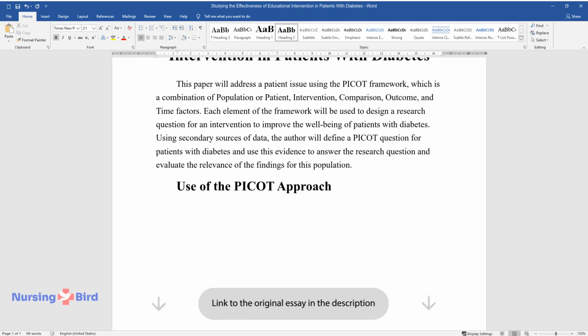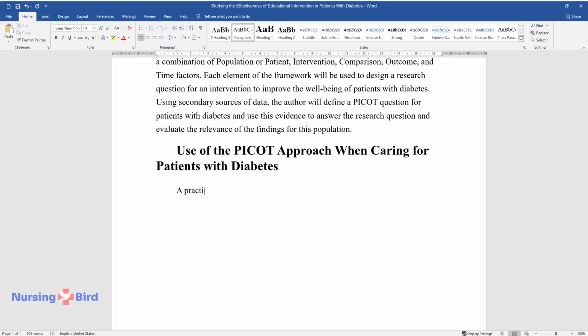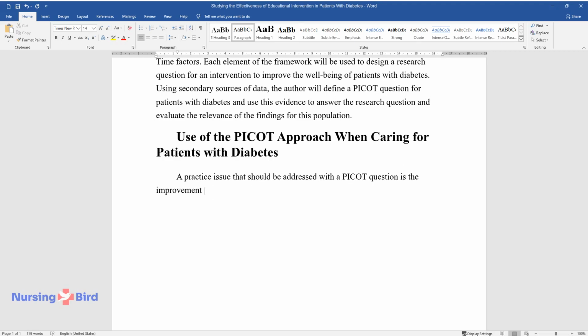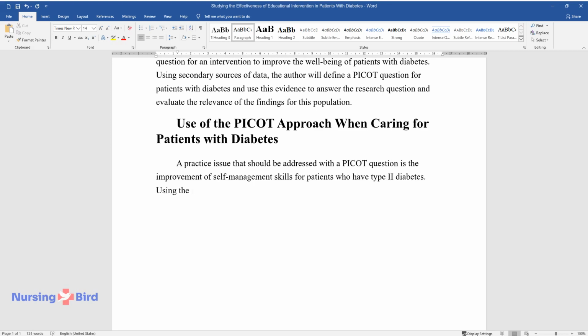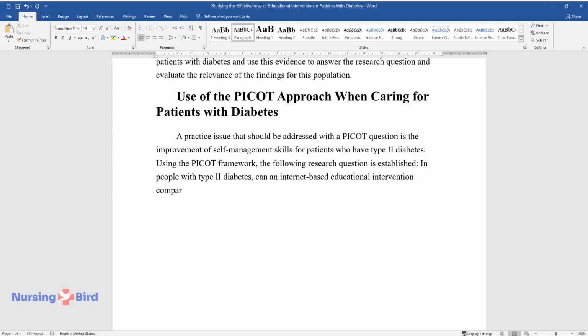Use of the PICOT approach when caring for patients with diabetes. A practice issue that should be addressed with a PICOT question is the improvement of self-management skills for patients who have type 2 diabetes. Using the PICOT framework, the following research question is established. In people with type 2 diabetes, can an internet-based educational intervention compared to no intervention improve the self-management skills in